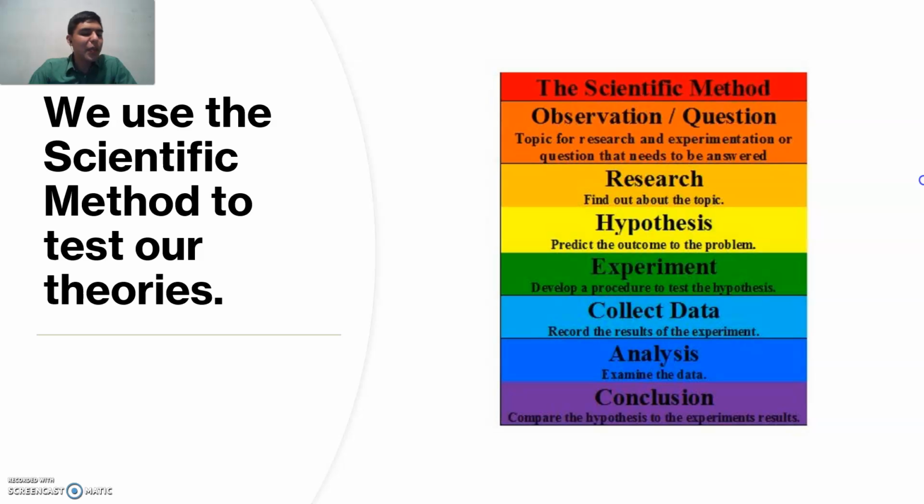That's extremely important. If you have a theory, but you don't test it out and make it go through all of the steps of the scientific method, then the theory is not true. That theory is not proven already. And I'm pretty sure that you remember the steps of the scientific method. We have observation. Also, we are going to state a question. We're going to do some research, state a hypothesis, experimentation. We're going to collect some data. We're going to analyze our results, and then we're going to set some conclusions.